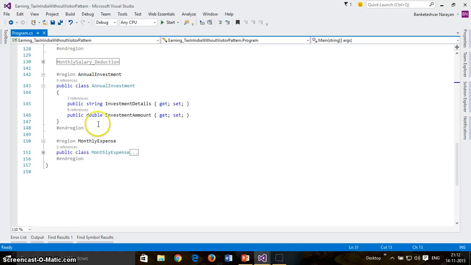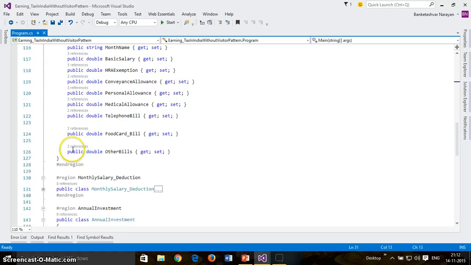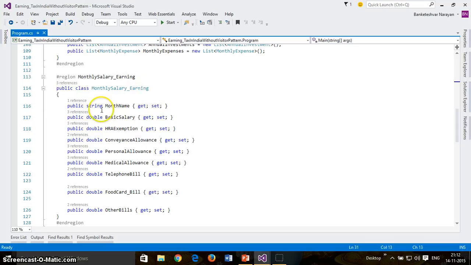I have created some classes like monthly salary deductions and monthly salary earning. In monthly salary earning, there are properties like month name, basic salary, HRA exemption, conveyance allowance, personal allowance, medical allowance, telephone bill, food card bill, and other bills.